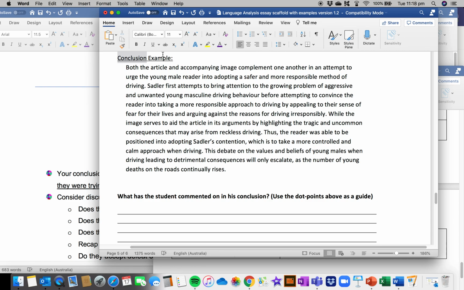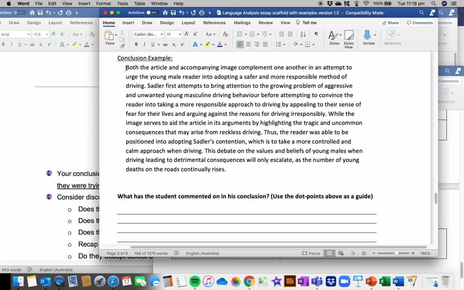Now, this conclusion we're going to look at now, the article, I haven't actually read it, but what I know and understand is that it's based upon someone talking to young drivers, I think mainly men, because young male drivers are usually more at risk of dangerous driving statistically. So they're actually writing a persuasive piece urging these young male drivers to drive more safely and responsibly. And so this conclusion example is based off that text. And remember, the writer is not giving their own opinion about what they think about the issue. They're talking about the article, and it is objective.